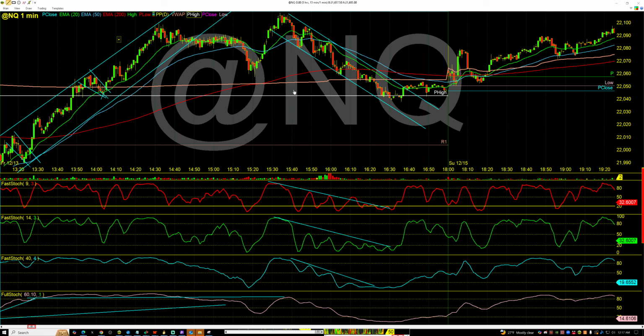And as we go down, we stay inside the channel until we get so compressed here that we have to move higher because there's a trend line here. There's a trend line on the stochastics. That is what I use for my trigger. All right, so it has to be after 4 rotations down. On the 5th rotation,